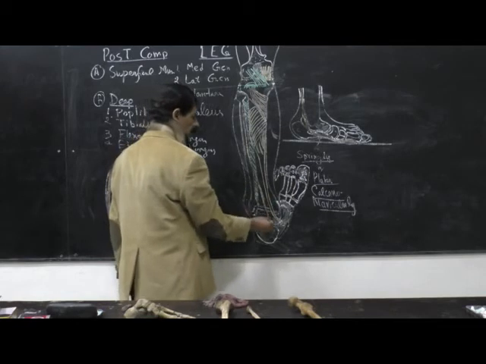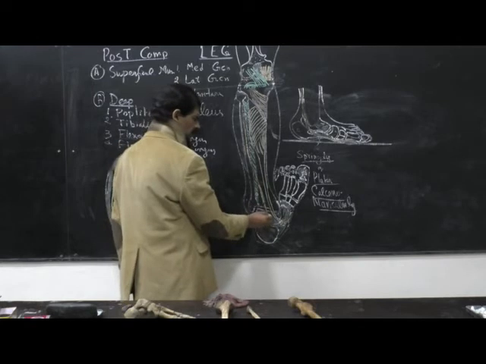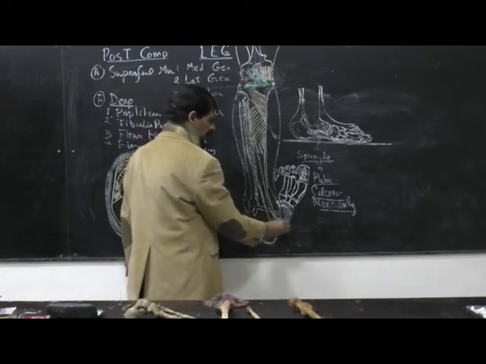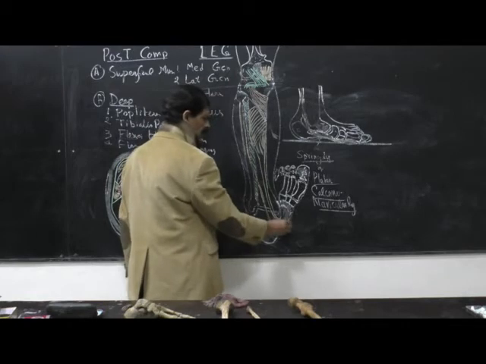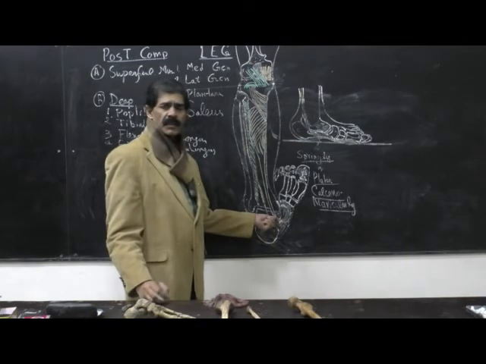So this tendon also passes behind the medial malleolus. Then this tendon will touch the sustentaculum tali, deep to the tibialis posterior tendon,